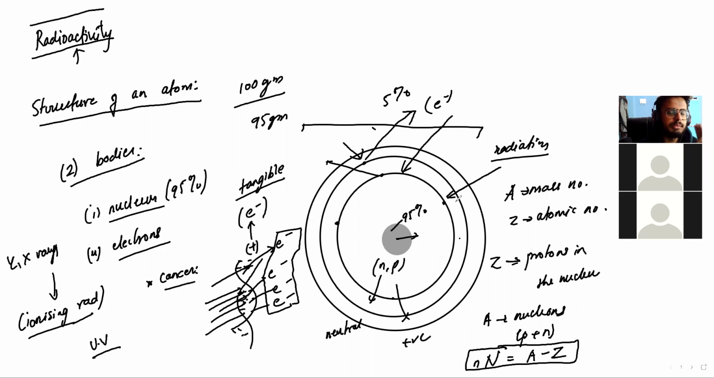But any amount of energy supplied to an atom will not affect the nucleus. The nucleus will not be affected, right? So I cannot change the number of protons in an atom. It is not possible to change the number of protons in an atom, so the number of protons will remain the same. So for example,